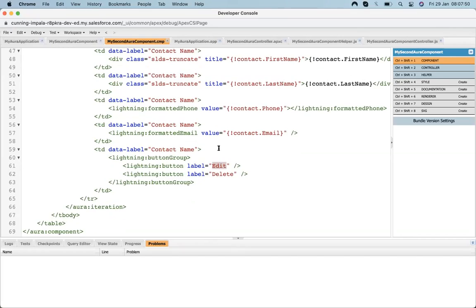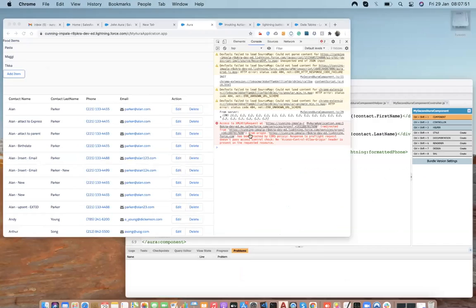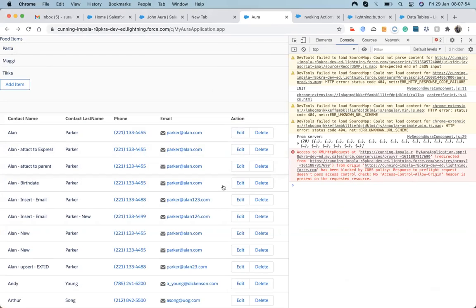Once we click on this button, you may remember that in order to edit a record, update a record or delete a record, we need the ID of that record.